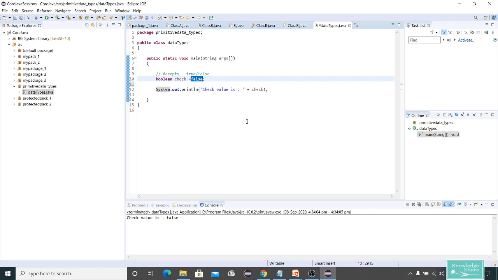Now if I try to insert any other value, say knowledge, is it accepting? No. And even if I use double quotes, it gives an error, because it's not a character. So the only values accepted in boolean are true or false.